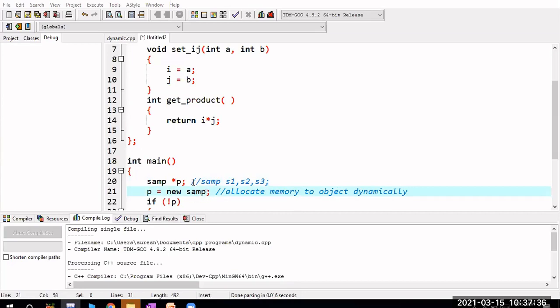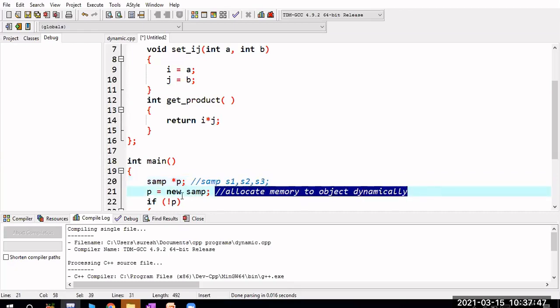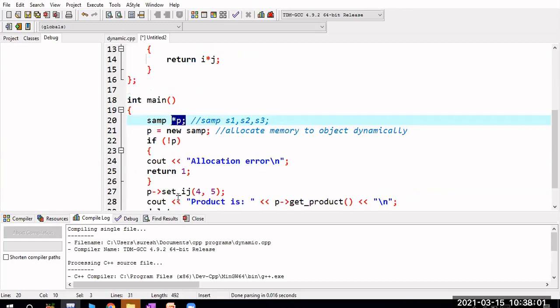Yes, sir. Normally, when you create an object like this, memory will be allocated for these variables statically, which is nothing but at compile time itself. But if you want to allocate the memory dynamically, then you can allocate the memory to this variable during runtime by using this new operator. That's it. But whenever you want to allocate the memory for the variables dynamically by using new and delete operator, those variables should be declared as pointer variables. That is the main thing.